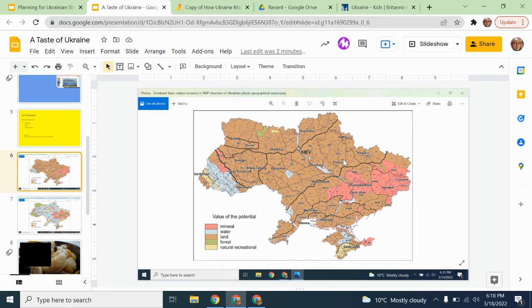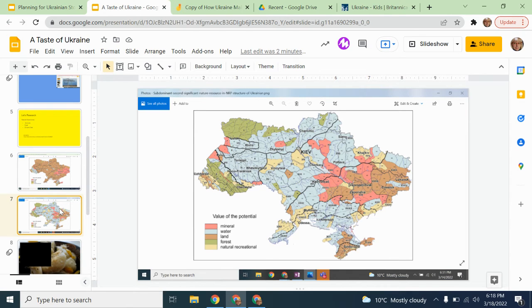If I recall correctly, I do believe they said in the field trip that Ukraine had some of the richest soil in the world, and this map proves it. Now, if we look at this map, it's even more interesting because here's something I did not know. The blue is water. So, this is not water sitting on top of the land. If you recall, if we go back up here,